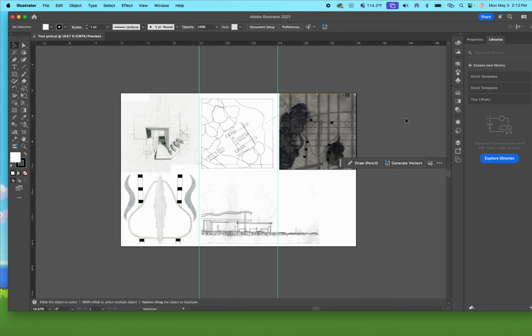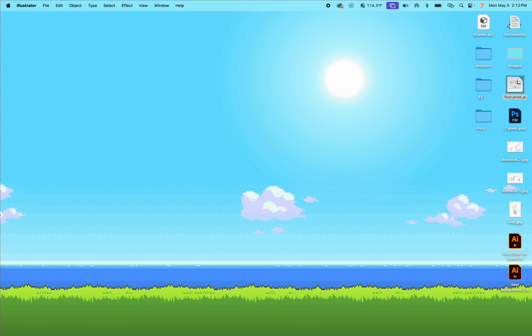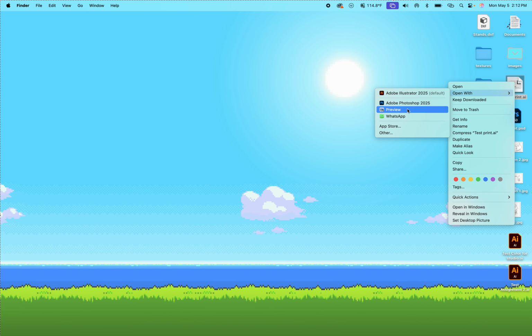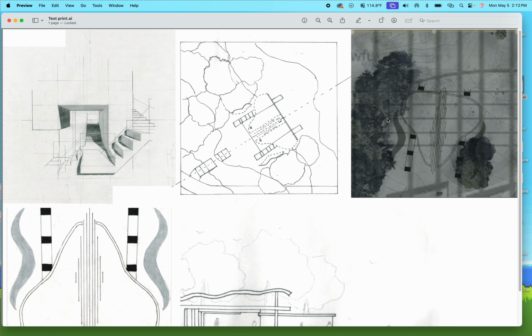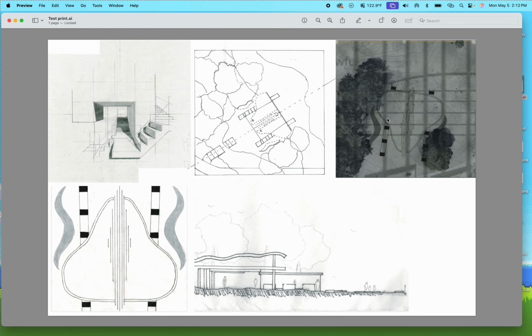There we go. Open up with preview. Sweet. And as you can see, it gets a nice print for us. And we'll just be able to put those inside the big printers on the 6th floor and just have it